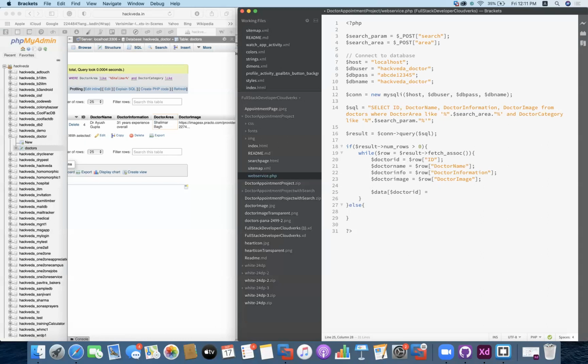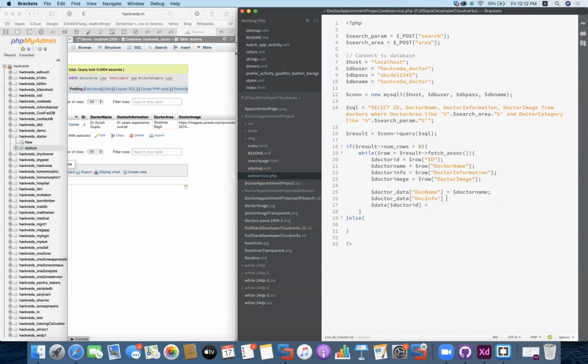Let's say doctor_data. I have a doctor data where I'm going to have the doctor name. Let's say doc name. This is going to be the key, and I'm going to add the doctor name as the information in it. Then I'm going to have the doctor data, and I will call it doc info,